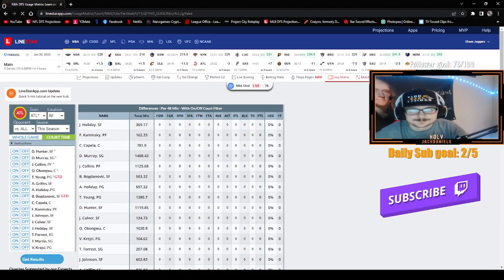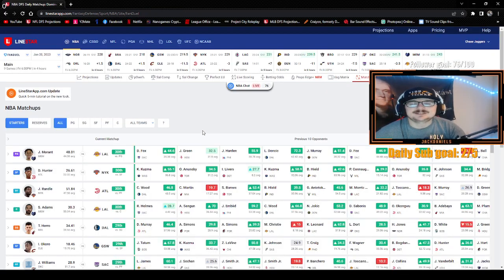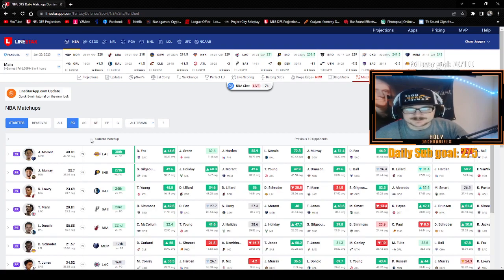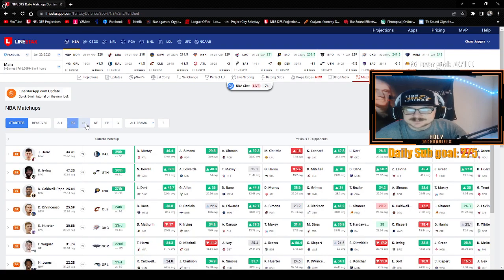Such a wonderful tool. One I use so much is the matchup tool. This will tell you what players have good matchups, and I love playing good matchups. Like Ja Morant playing the Lakers here. Well, Ja's a great player, and he's playing the last ranked defense against point guards. He's automatically in my player pool. I've got to give him more looks today,